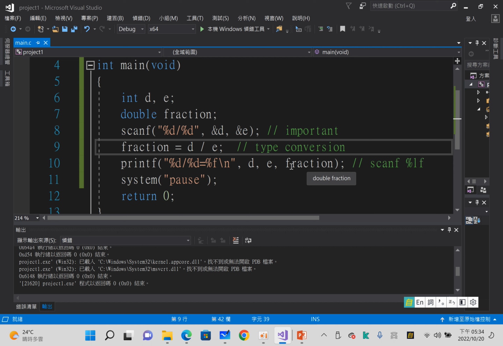Okay. Let's continue with the example that I mentioned previously in the last class. We talk about